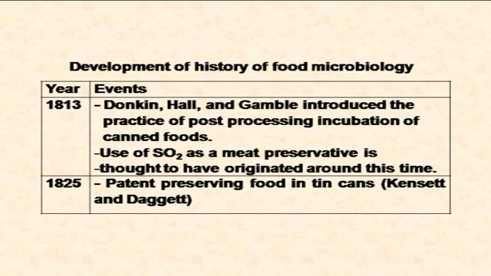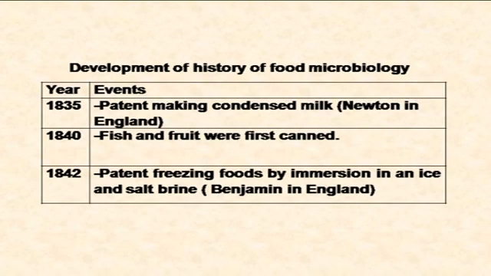In the year 1813, Duncan, Hall and Gamble introduced the practice of post-processing incubation of canned foods. They also used sulfur dioxide as a meat preservative around this time. In 1825, a patent for preserving food in tin cans was granted to Kensett and Daggett. Further, in 1835, a patent for making condensed milk was granted to Newton in England. In the year 1840, fish and fruits